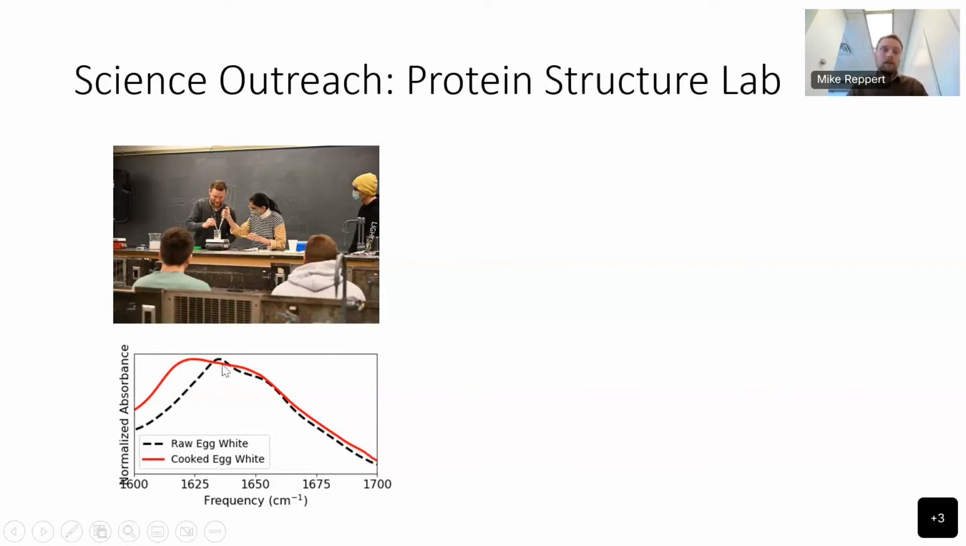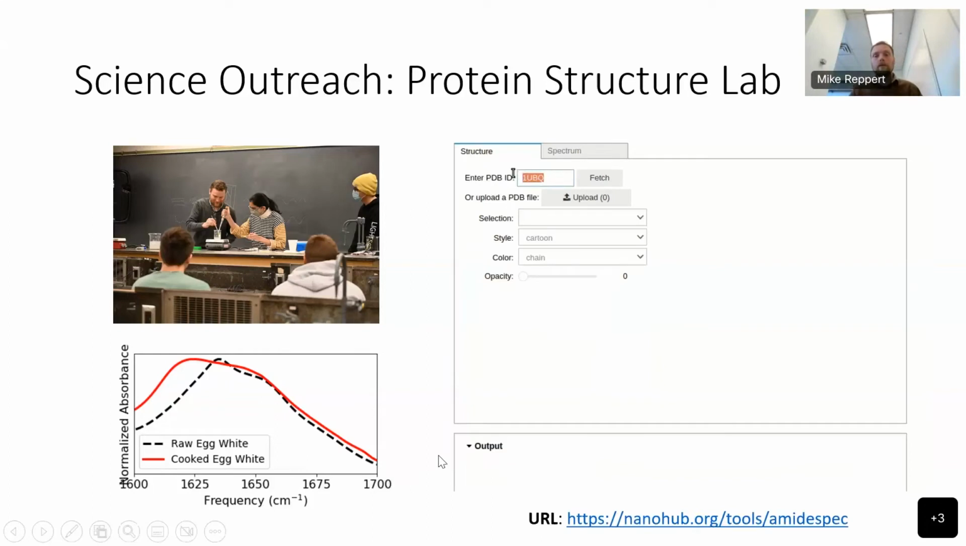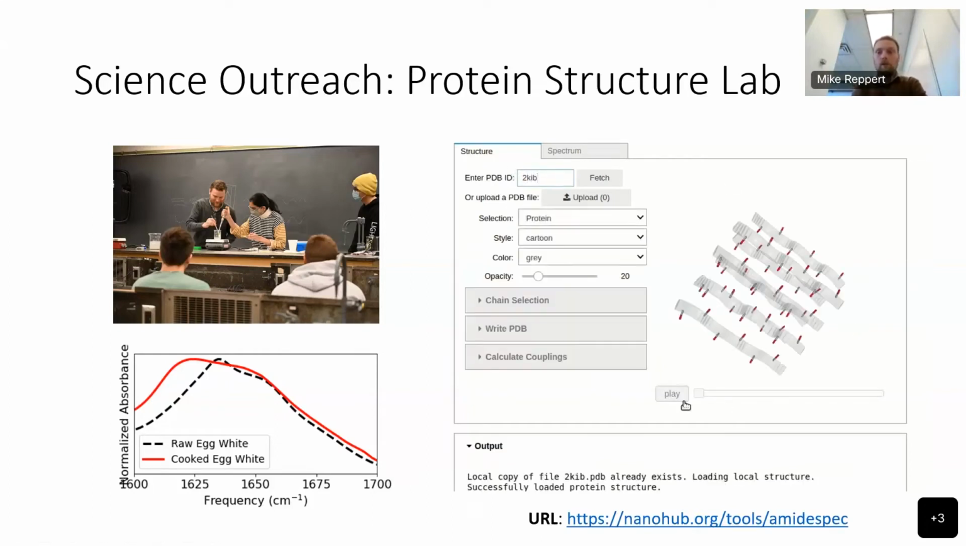So you go from about 1635-ish down to about 1620-ish, or 1615-ish, maybe even here. So you get this big redshift in the spectrum. And then what we do is go back down to the lecture room, and students log on to computers and